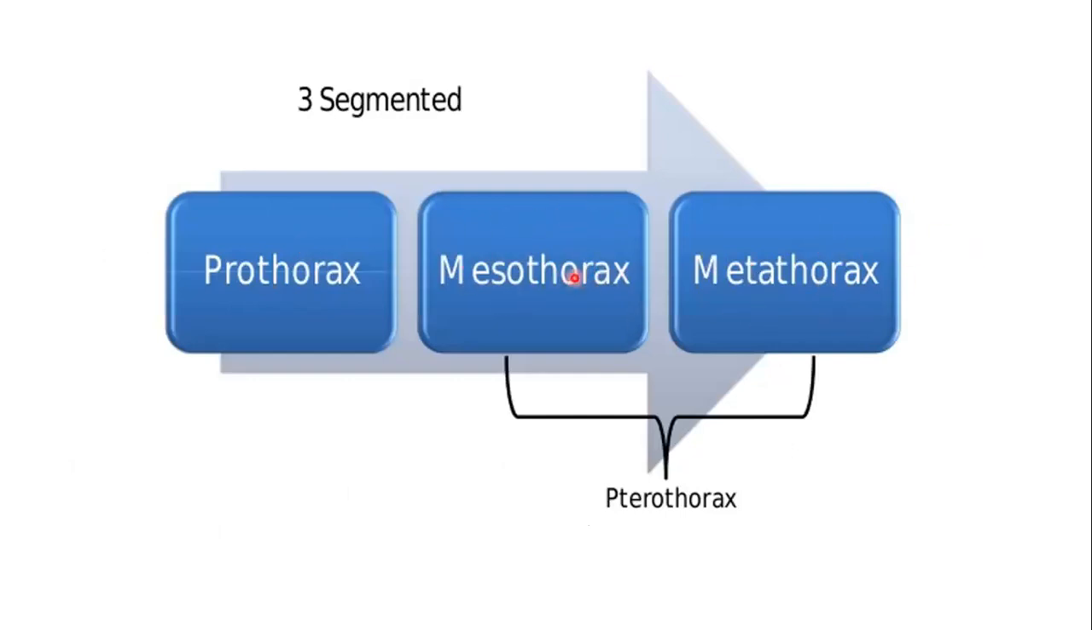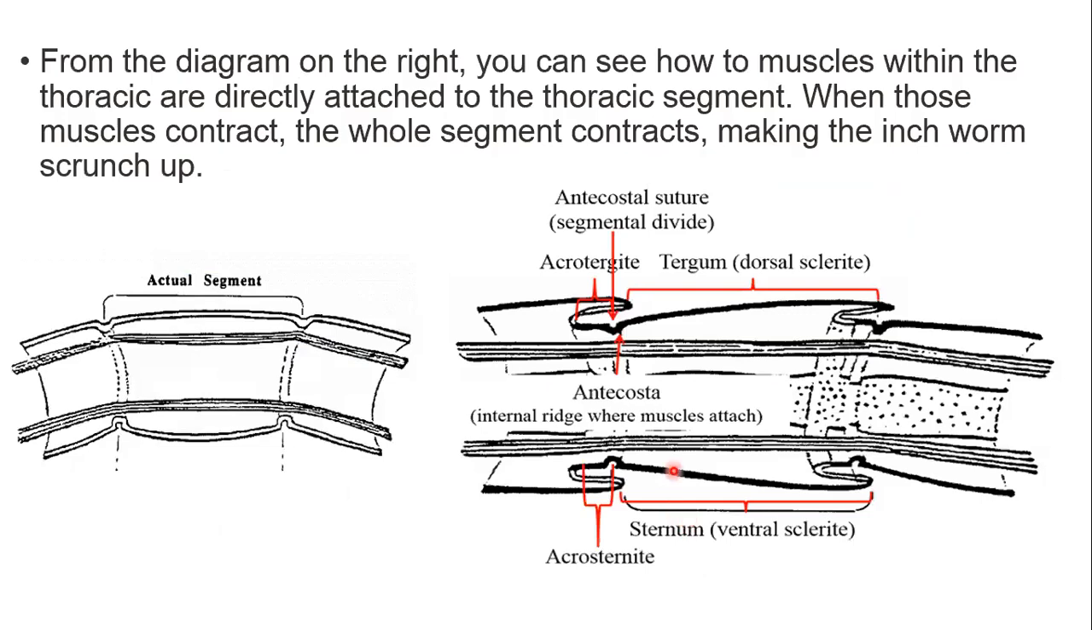Mesothorax and metathorax are combinedly known as the pterothorax, where the wings are present. Ptero means wings. From the diagram on the right, you can see how the muscles within the thoracic segment are directly attached to the thoracic segment. When those muscles contract, the whole segment contracts, making an inchworm